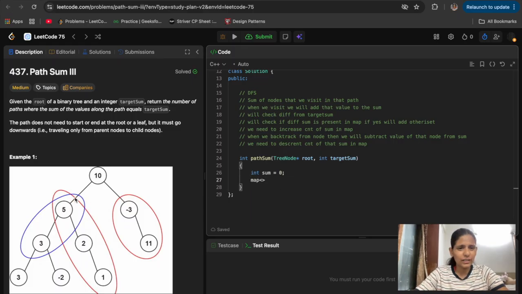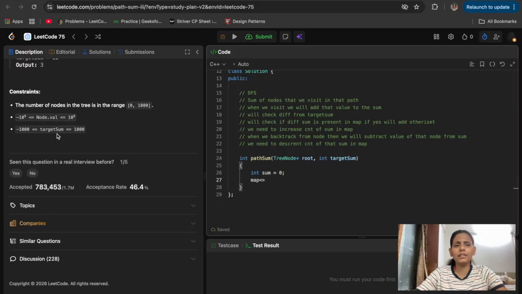Let's see what value. Okay, it can go till 10 raised to 9. So I'll take a long int, and I'll take an int that is count, and it is the map. So I'll say the map is sum count, and I'll return that path sum count,